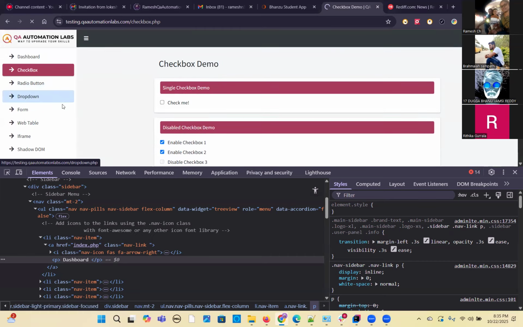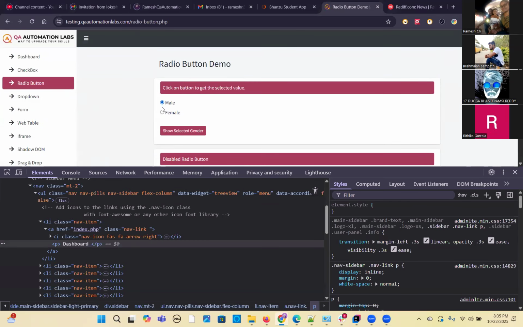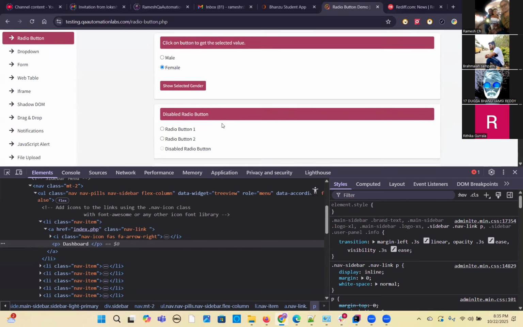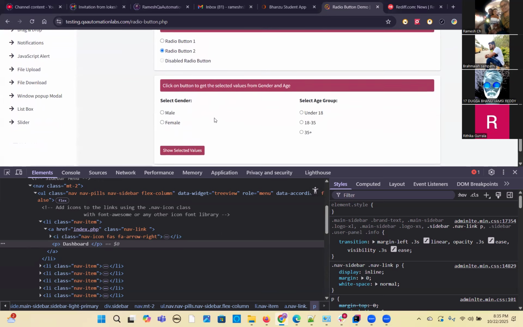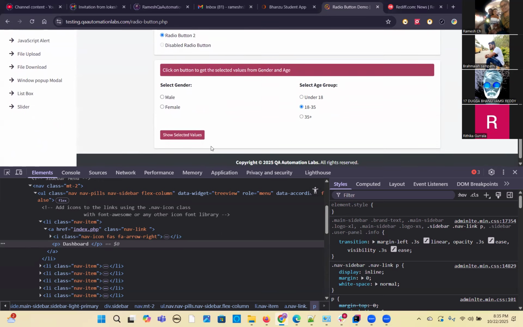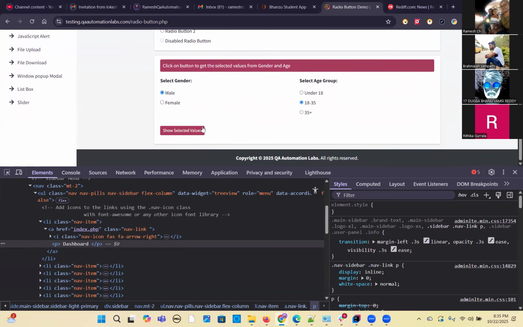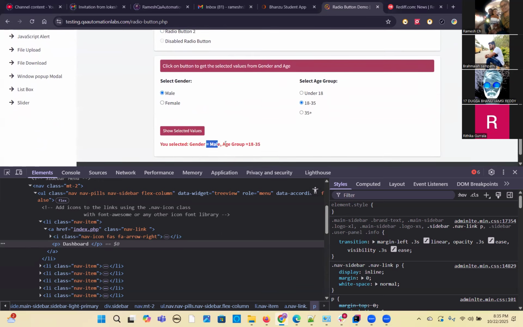Then you have radio buttons. So male and female radio button, and so this is the disabled one, right? So at a time one you can select. So you can get this text also. So how can you